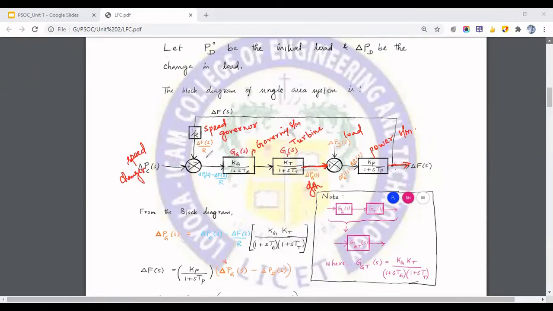So this is the overall block diagram representation where I use the transfer functions to represent every block. So earlier we have just seen the general block diagram. Here we have the transfer function of every block defined, and the rest is just the block diagram reduction technique.